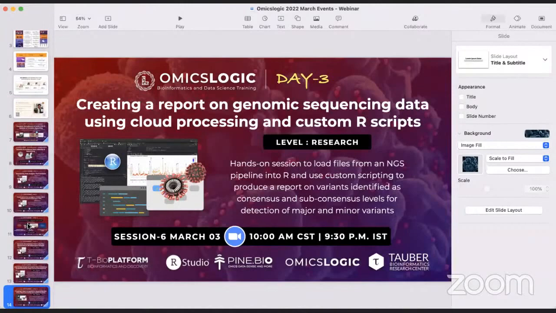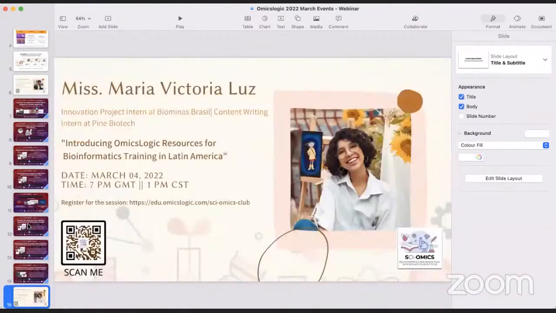It will be followed by the last session that we have on March 3rd, which will be to generate the report, utilizing R, analyzing that and relating it to the research question. So that would be the SARS-CoV-2 plan and the infectious disease. Those who are interested in infectious disease research, and especially in SARS-CoV-2, could join that workshop with us and learn from some of our experts from industry as well as from academia.